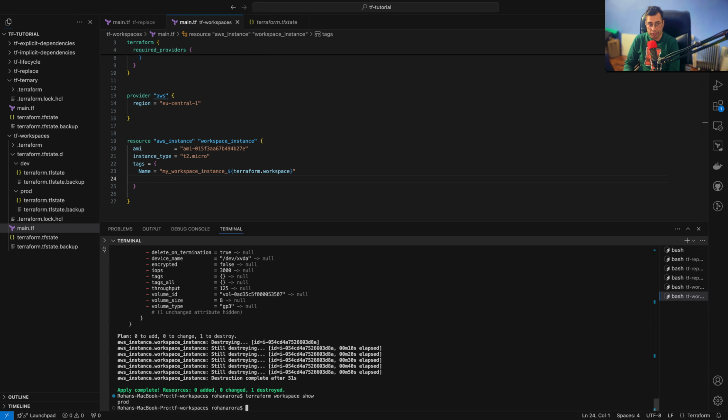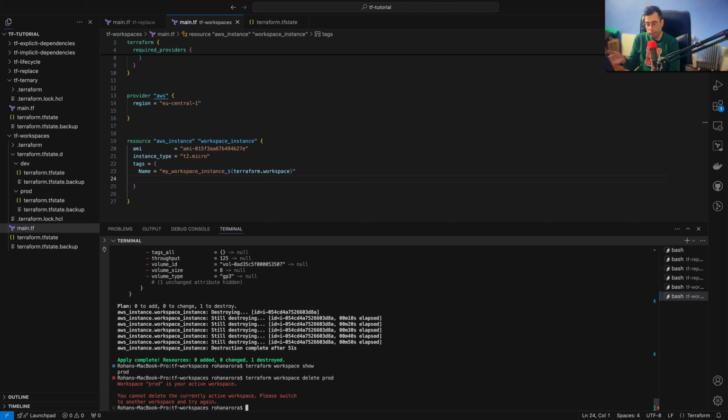Now if I want to delete this, I have to switch to another workspace and then delete the other one. For example, if I run the command terraform workspace delete prod, it will not allow me because I'm in prod right now. So let's do one thing. Let's switch to default, and from there I will delete both the workspaces. You can't stay in an active workspace and try to delete the same. You have to be in a different workspace to remove the other one. So I switch to the default